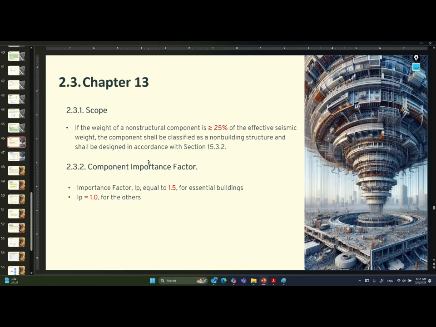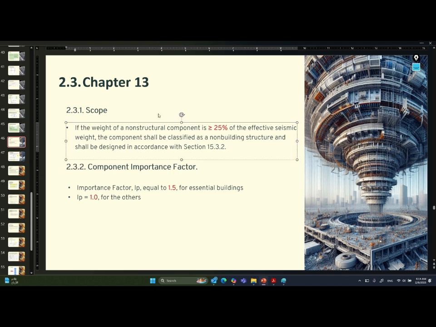Now for chapter 13, this chapter is dedicated to the non-structural component. However, according to ASCE, if the weight of the non-structural component is more than 25% of the effective seismic weight, then the component shall be classified as a non-building structure. So if I have